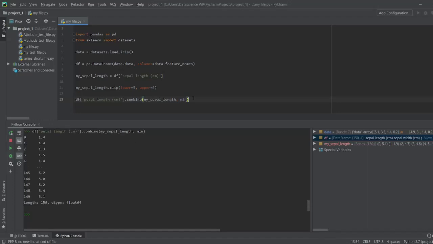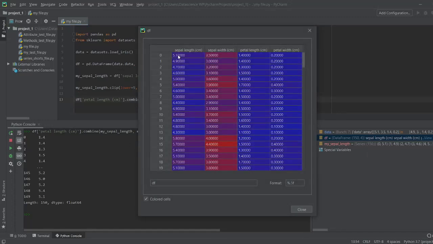And if we run this, you can see in the output that we have the minimum values for every row. Initially we discussed that out of 5.1 and 1.4, 1.4 is the lower value, so the output comes as 1.4. Similarly, in every row, whichever value is the least between these two comes up.